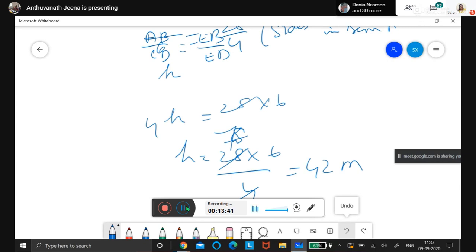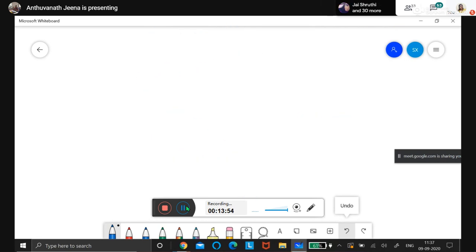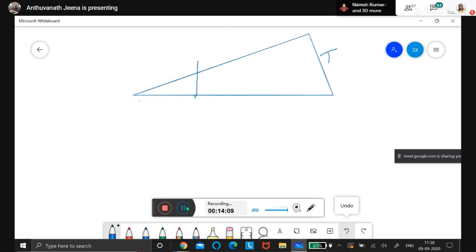Ma'am, can you explain this sum again, ma'am? Yeah, definitely. It is a pole. Actually, the board is not cooperating with me. There is a pole. Here you have a tower. Okay, here this is a tower and this is a pole. Both are from the observer at the same time. Shadow will be cast. It will cast the shadow here.